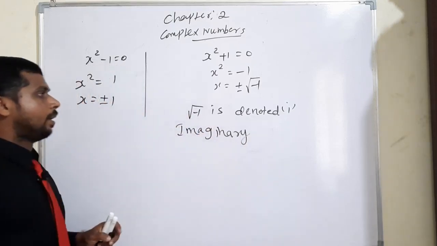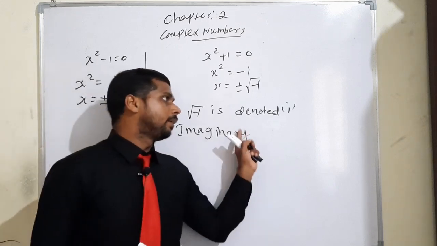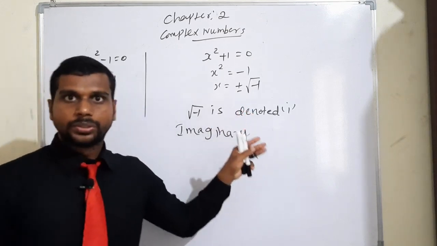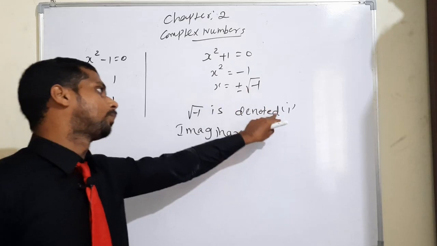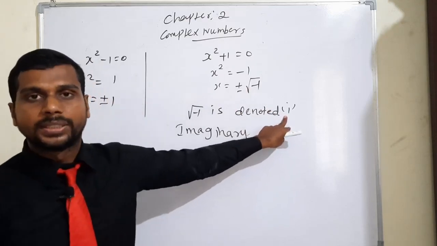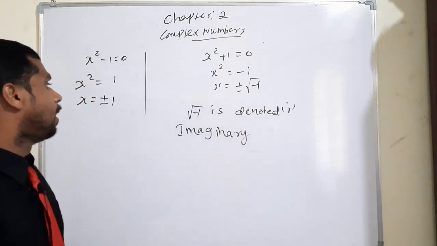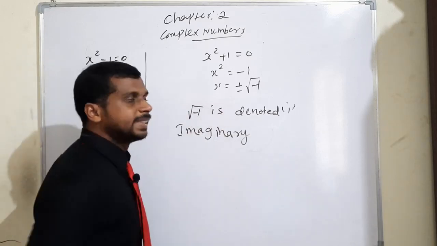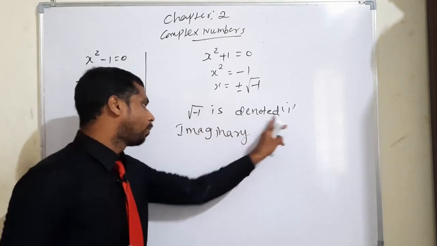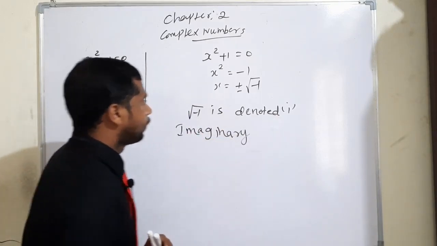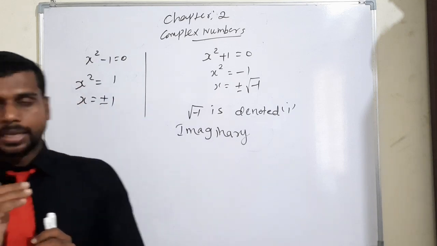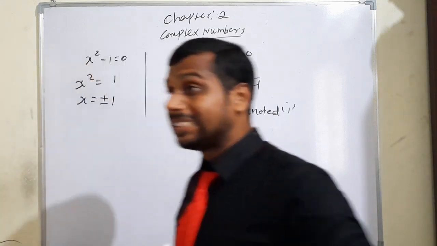So, imaginary. After denoting the i, there is definitely no real solution, but the equation exists. We can take it as one of the equations, but a solution is not possible. So, root of minus 1 is denoted i. What is the name of i? Imaginary. In this chapter, each and every equation